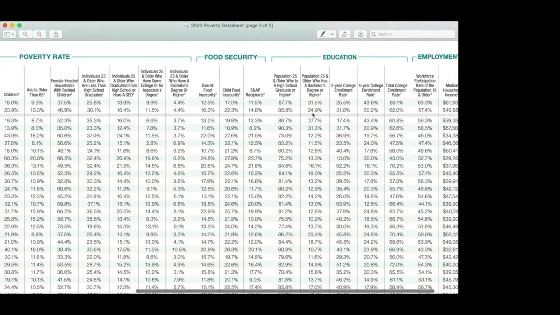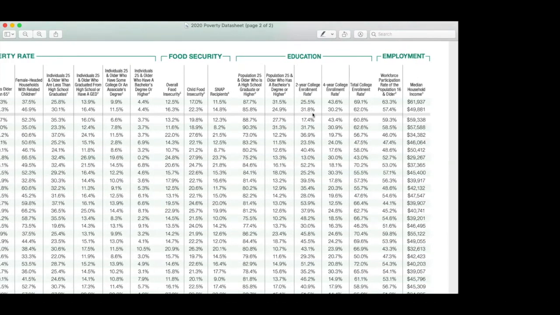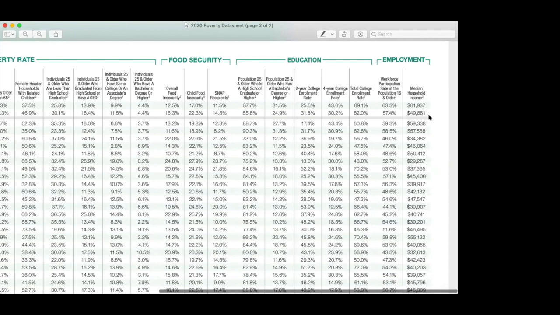In the next section, we see education measures such as the percentage of the population who's at least 25 and has at least a high school diploma or higher. And then individuals who are at least 25 and have a bachelor's degree or higher. But then we also have the college enrollment rates, including both 2-year and 4-year college going rates. As you can see here, Alabama has a higher rate of enrollment in 2-year institutions, and that means it's so important to have a continued investment in community colleges, as well as an investment in supporting students transitioning from 2-year colleges to 4-year institutions. Lastly, we highlight employment measures, including workforce participation rate of those 16 and older, and then